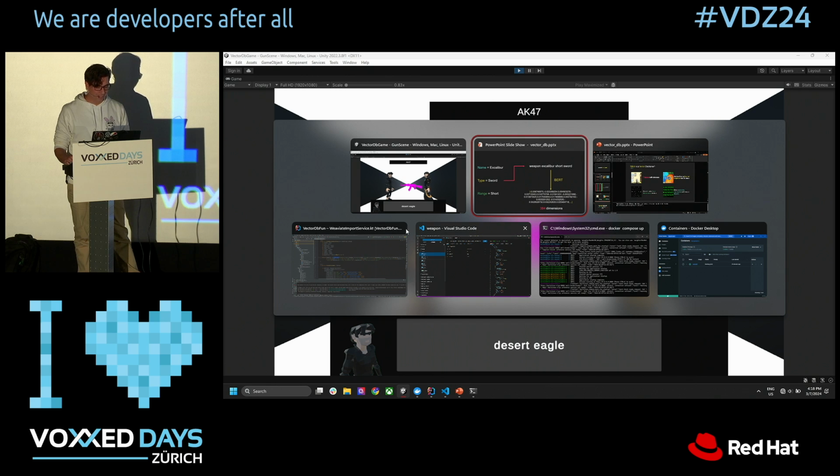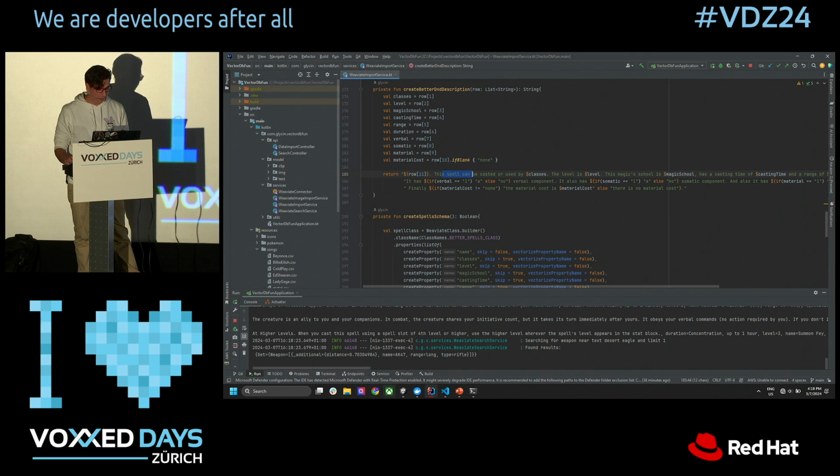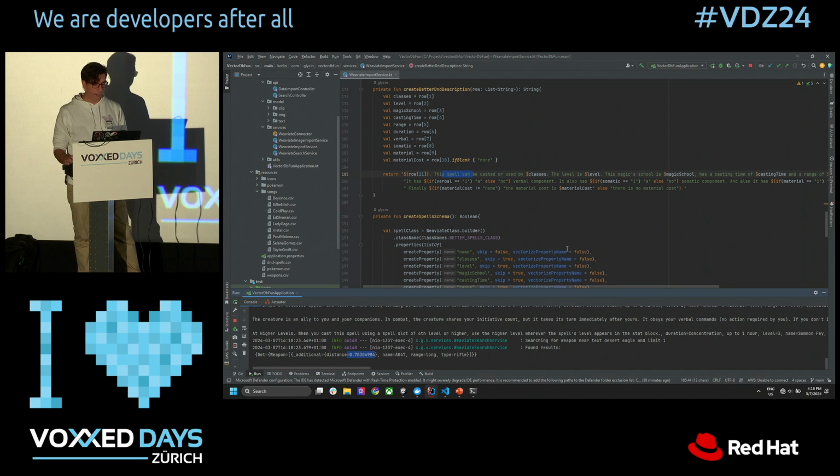Now I'm not sure I have a Desert Eagle in my data set. I don't think so. And here you can see that the distance between what we found, the AK-47, and the Desert Eagle is 0.7. I have a cutoff on 0.9, so everything above 0.9 is not being returned. So this was the closest match in our database.